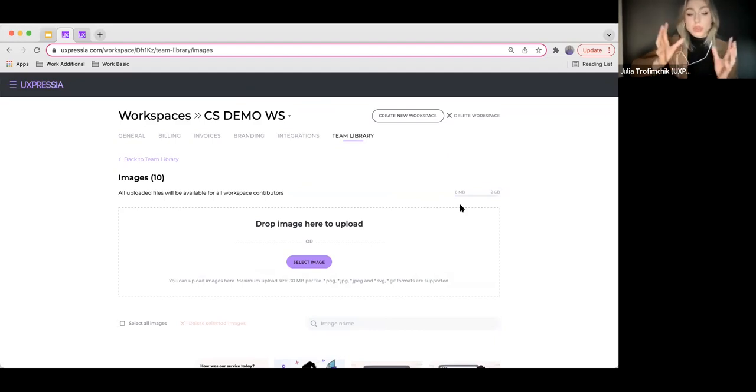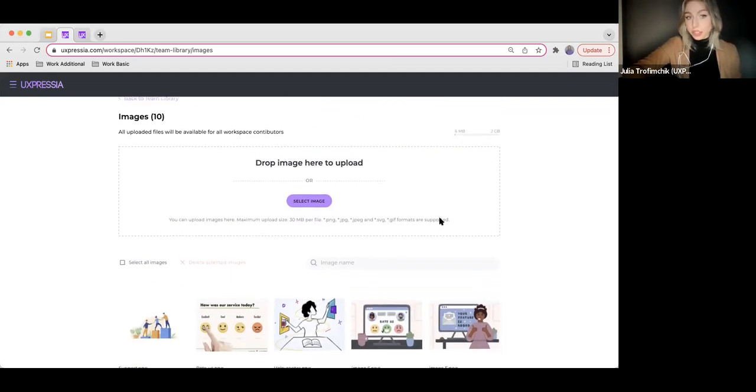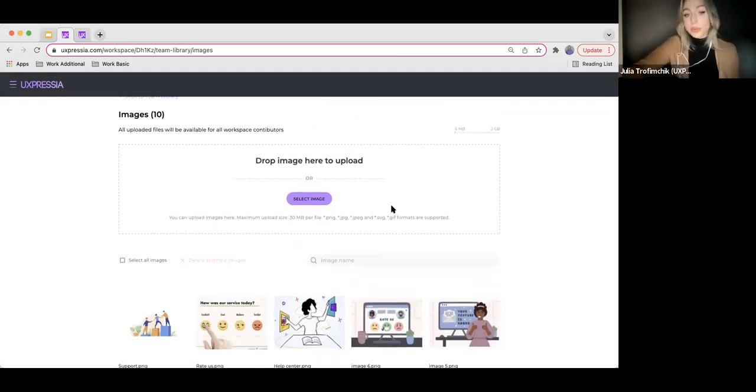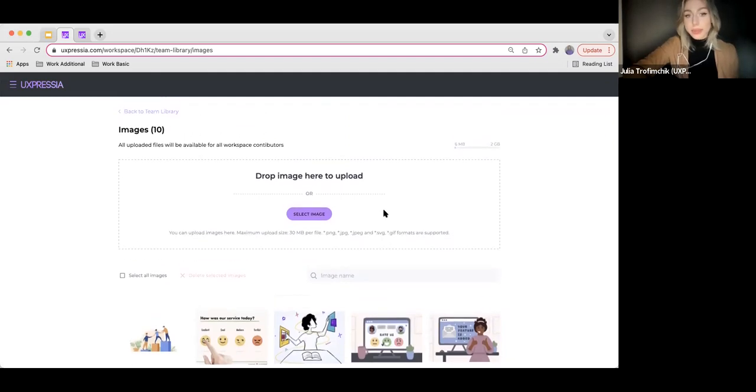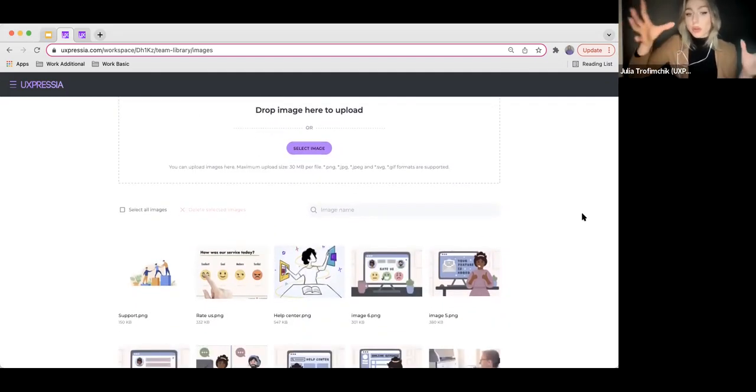Earlier, you had to go to the specific map to upload the images onto the specific document, and there was no ability to reuse the same images in different documents. So from now on, you can store all the images right here. Upload them once into the team library, and then you will be able to manage them all together in one place.